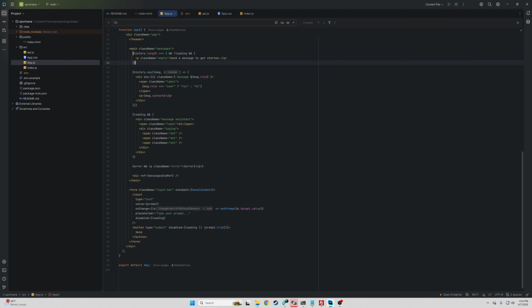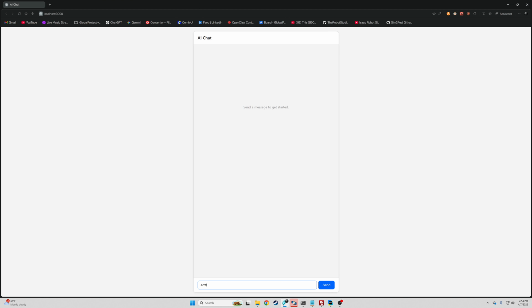Here is where our history is rendered. We're going to map our message IDs to our message content as well as the roles. So we're going to grab the role, and if it's equal to the user, we're going to set the text as you, and if it's the AI, we're going to set it as the AI. You can see that here. Here's you, and here's AI, right? That's where we grab our history